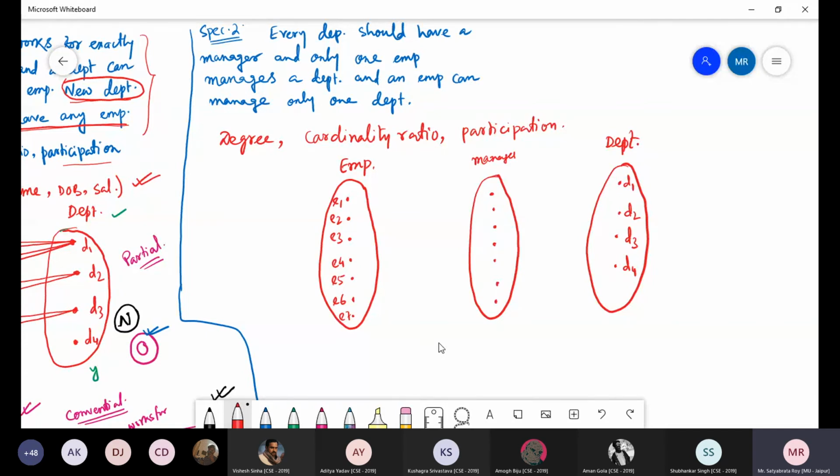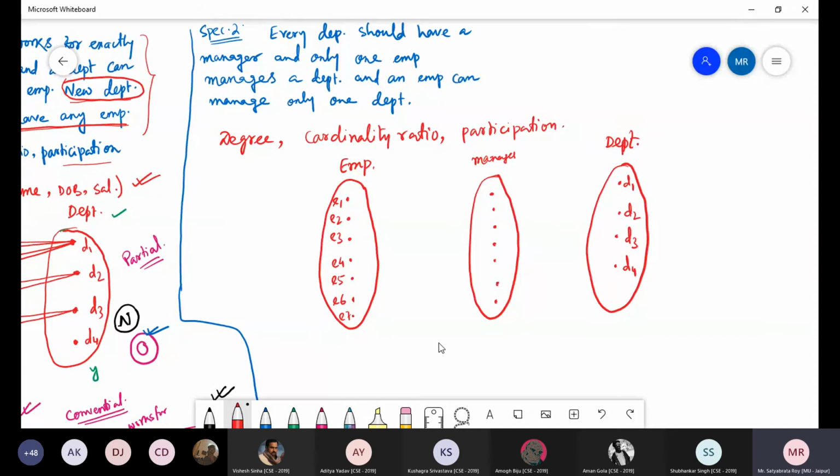Every department should have a manager, and only one employee manages a department, and an employee can manage only one department. Now I am not showing which employee works for which department. I only wish to show you which employee is the manager of which department, or which department is managed by which employee.